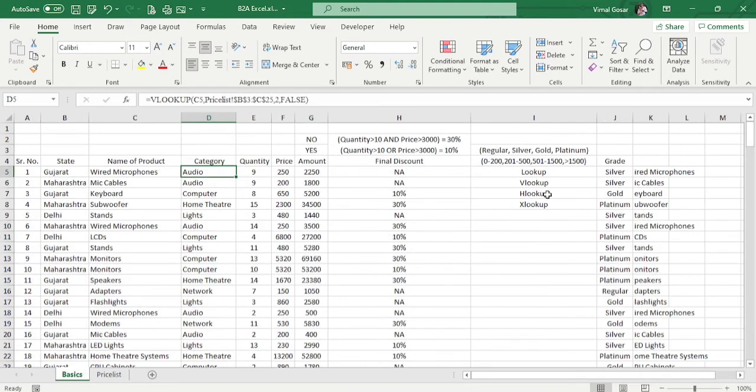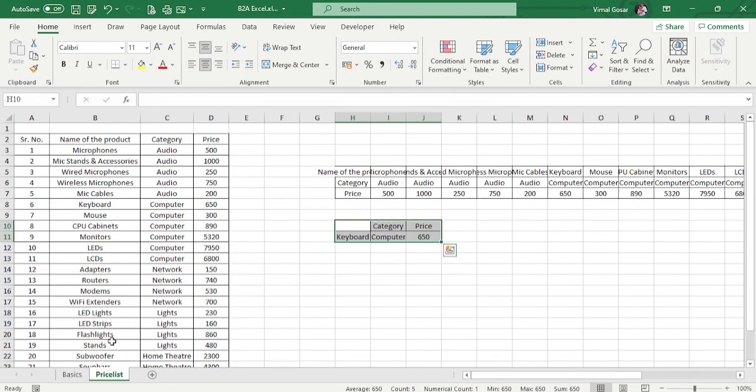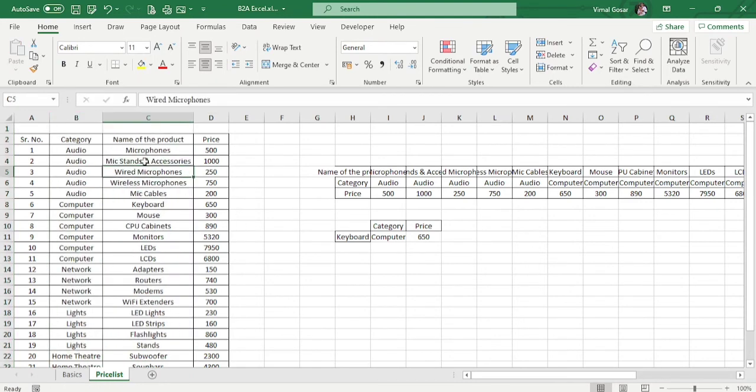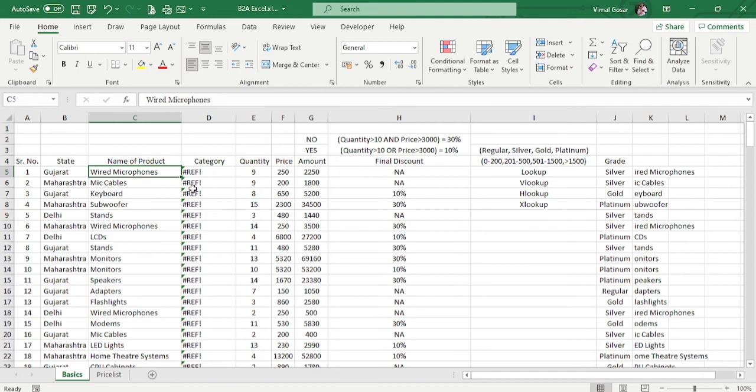Now we will learn something about XLOOKUP. In this case, let us say I have the value over here. Audio is mentioned, category is not mentioned on this side. Let us say it was mentioned somewhere over here. So what VLOOKUP does is it goes from left to right. If I want to find out from a particular range where it is going from right to left, in that case audio won't be available. So it is giving a reference error. Obviously I have changed the reference, hence the reference error is coming up.